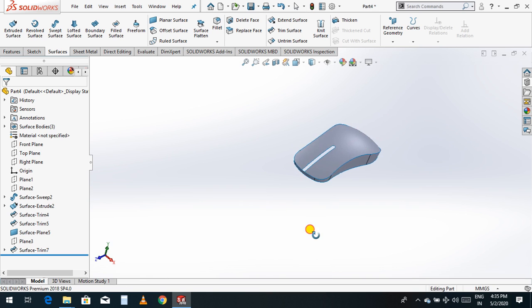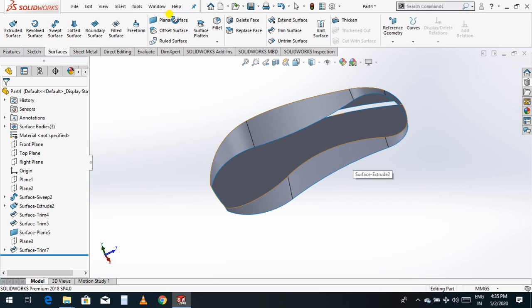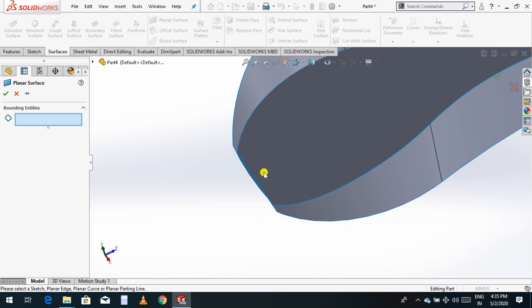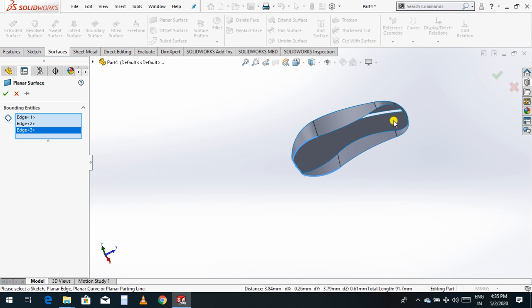Now just rotate and close this face. Go to planar, click OK.